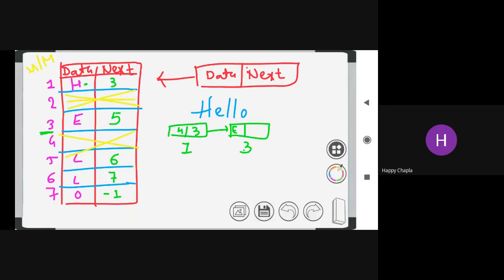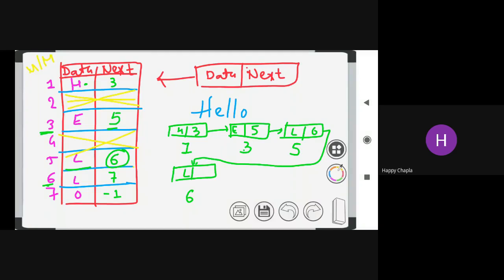Now at which position is my L stored, which memory location do I need to refer? So you can say at the 5th location your L is available. At the fifth location my node is available. What is the data part? The data part is L. But where is my next L? Over here, check memory location number 6. So 6, 6, 5, 2, over here. In the sixth memory location, my next L is available.